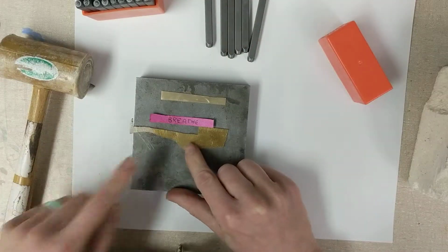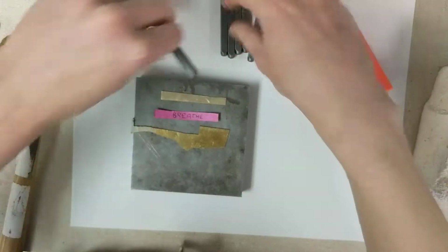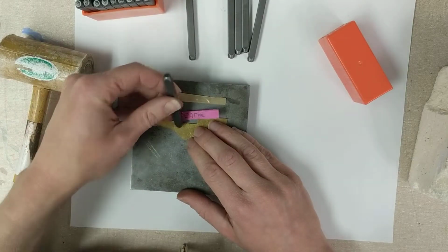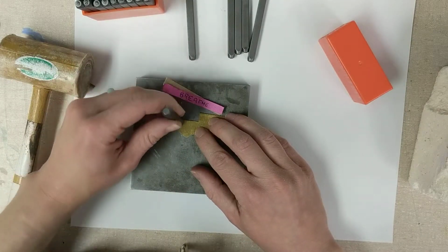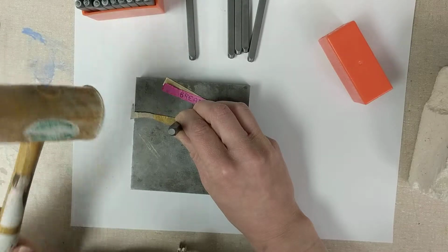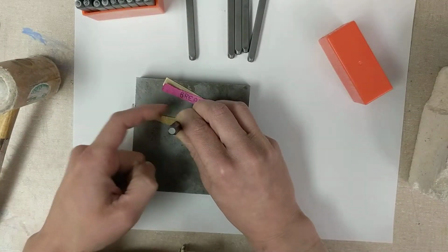All right, so I'm going to start. I have my B on my practice piece here. So I am going to grab my R, which is next. I'm double checking the direction that it needs to go. And I'm going to place it right next to the B where I think that will go. So you might be able to see it. So now when I go to hit it with my mallet, I'm holding it very tightly with my hand,